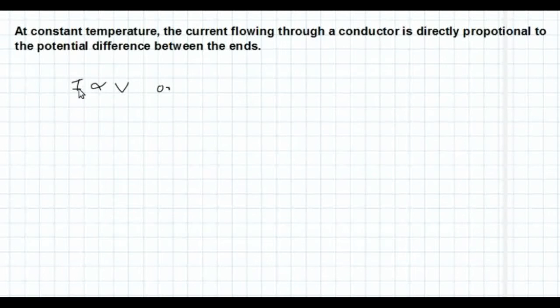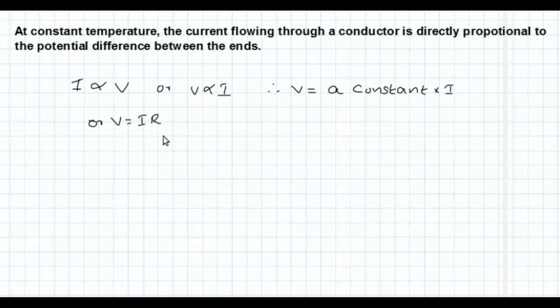That means the current is proportional to V, that is I proportional to V, where V represents the potential, I represents the current. Or we can also write V proportional to I. And if V is proportional to I, we can change this proportionality relation into equality. That is, V proportional to I means V is equal to a constant into I. Or we may write V is equal to I into R.